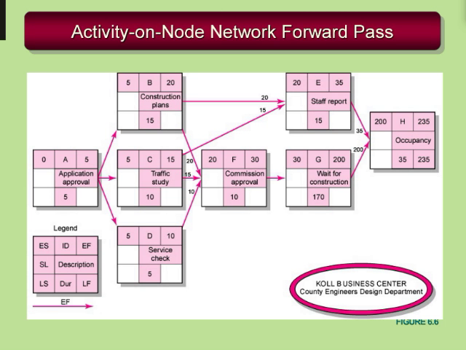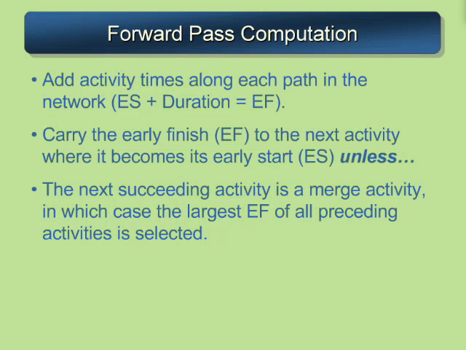So here's the trick before we start the backwards pass. We always set the early finish time equal to the late finish time, assuming we want to get this project done as soon as possible, and that will set us on the course for our backwards pass. And now instead of adding duration, we'll start subtracting. But before